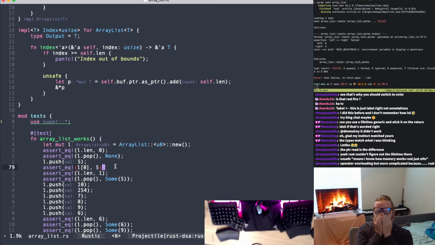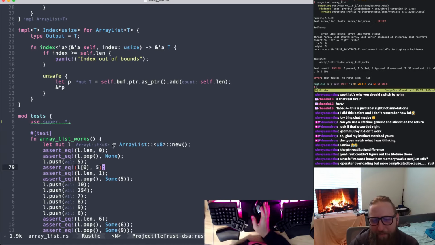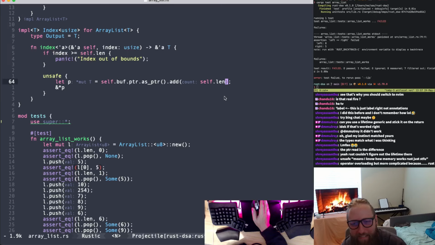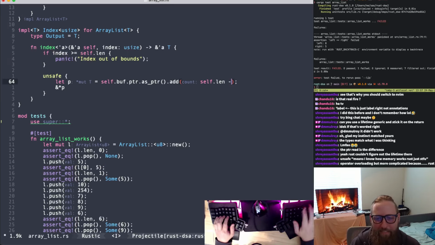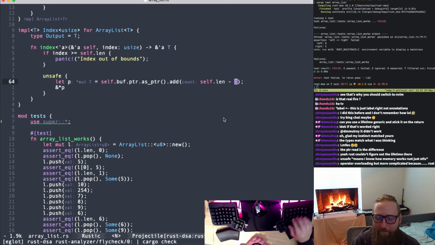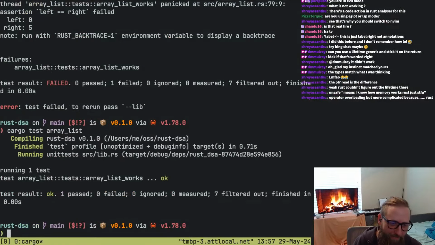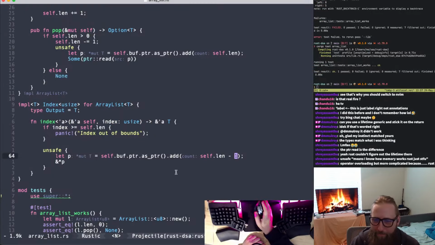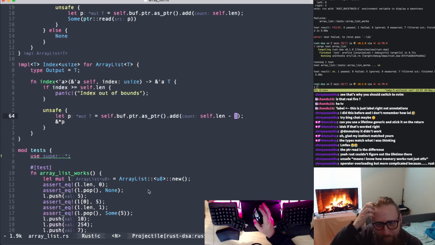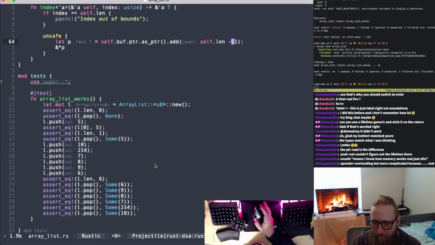It's because I have an off by one error. It's because I did self.len because I was copying my pop code. Oh my god, so dumb. All right, off by one. There we go. Anticlimactic, but there we go. Oh, that was funny. Okay. So yeah, self.len - 1, obviously,